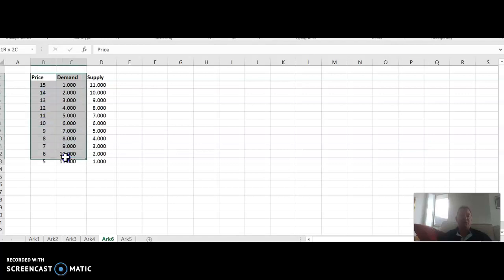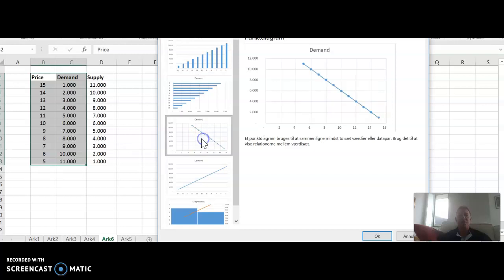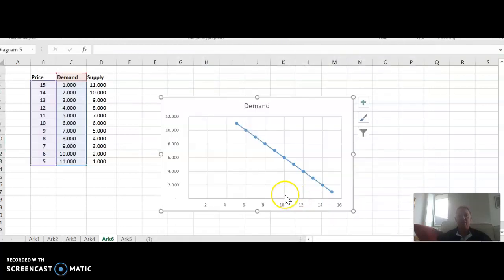So I start with price and demand, and I press insert and recommended diagrams, and I choose this one and say OK. But as you can see, the values here, it's not the price, it's wrong, and this is